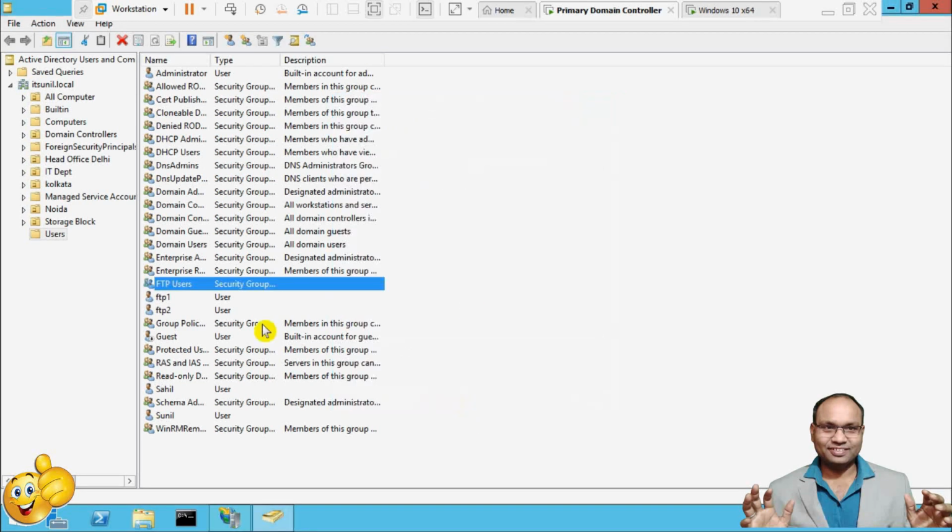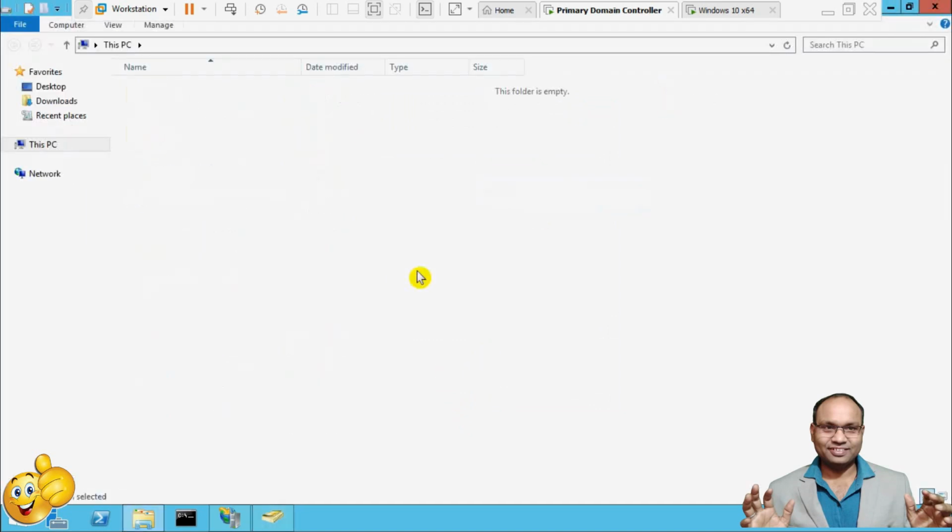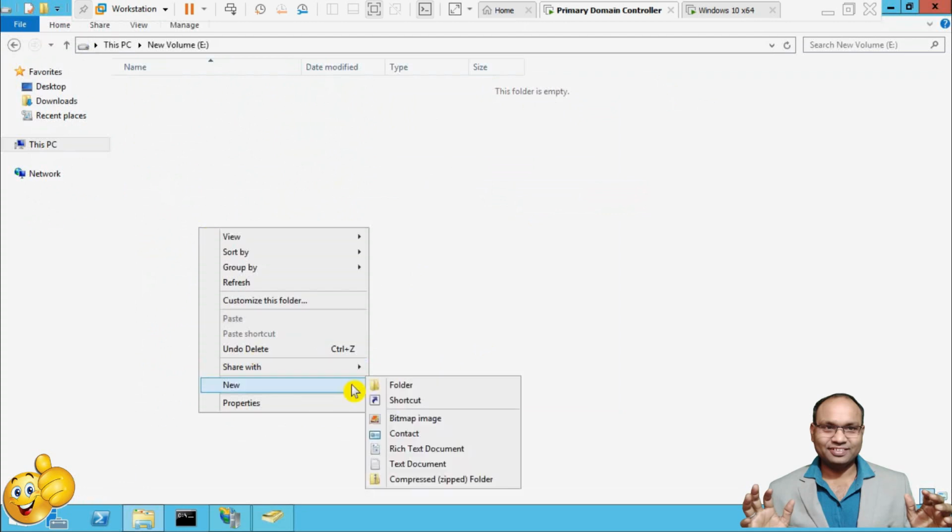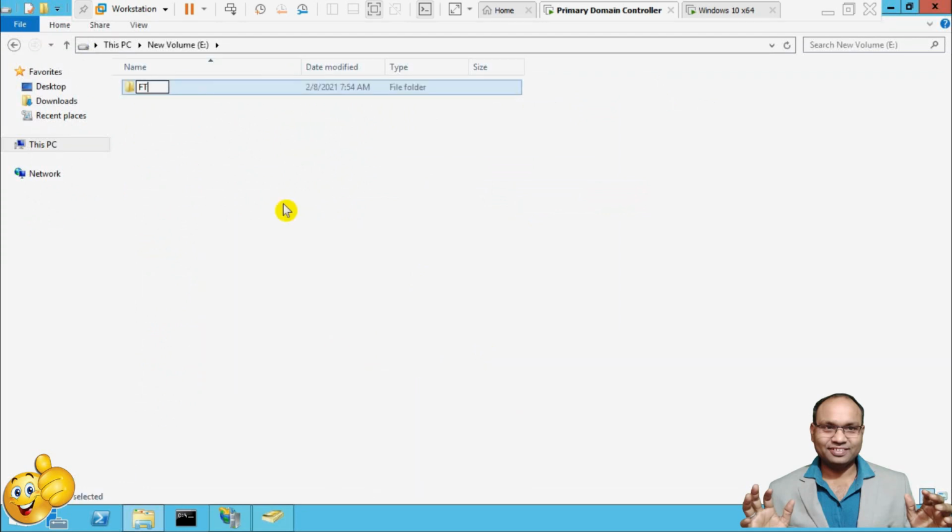Okay, click on here. Now I'm going to create an FTP data folder. So click on here and add an FTP data folder.